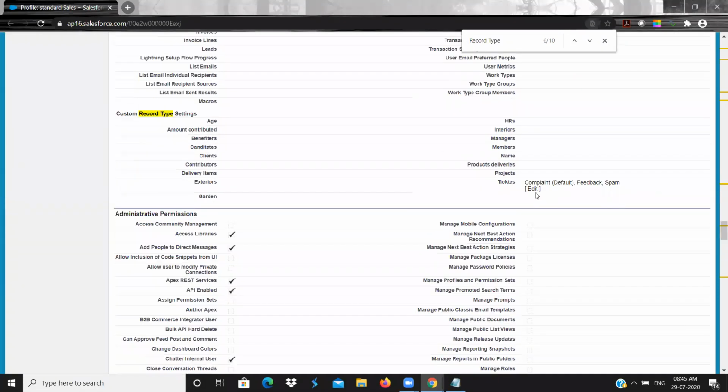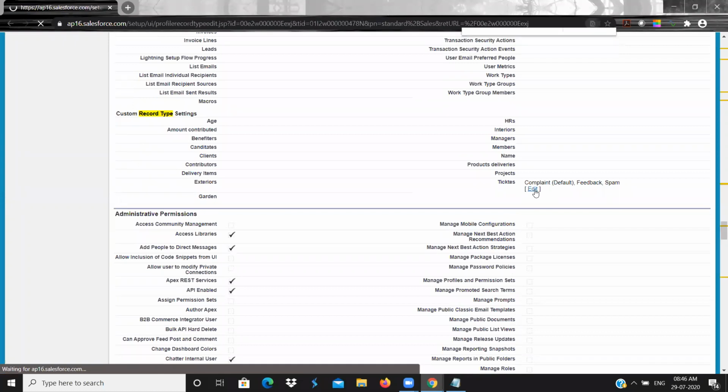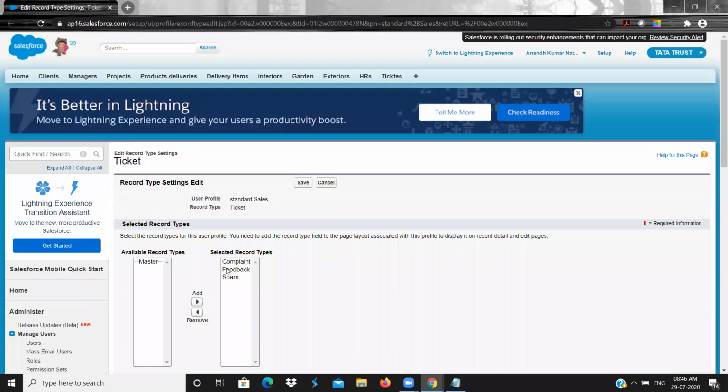Here, if you click on edit, you have three active record types. So now I'm removing that spam. Remove and save, for this particular profile.